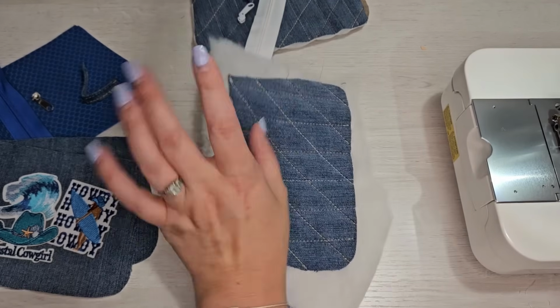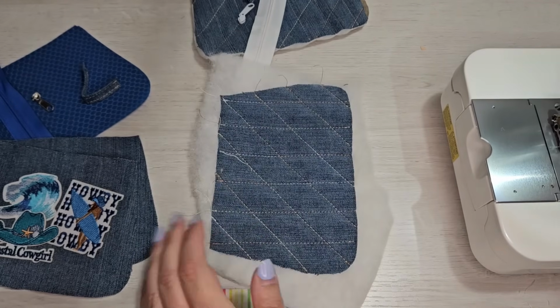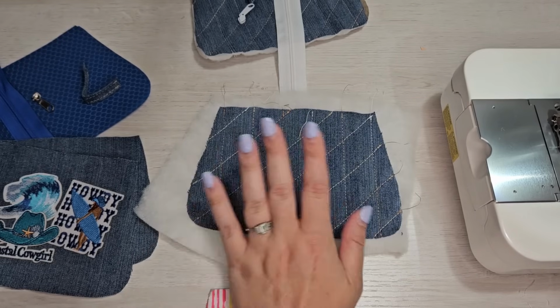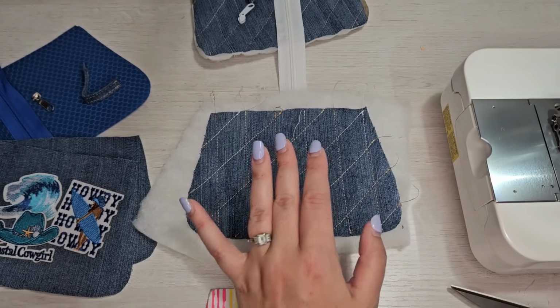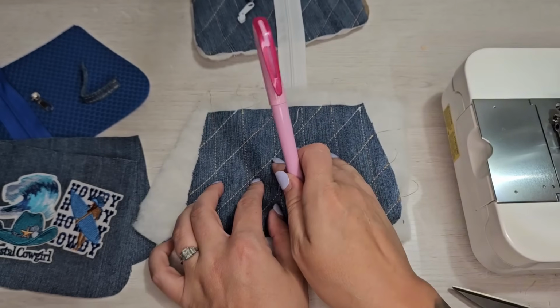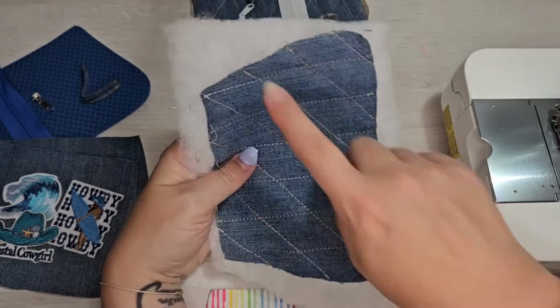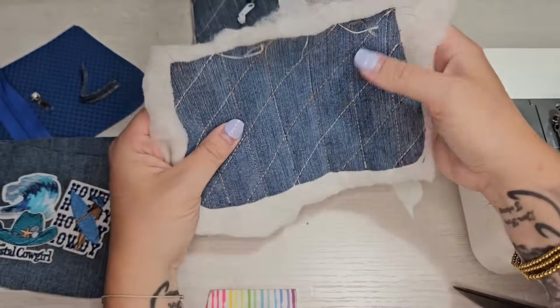Okay, so real time, that took about 3 minutes and 45 seconds to quilt all the way down and then all the way across. And we just used our air erasing pen to make those marks, and they've pretty much already disappeared. Also, the batting that we're using to quilt is